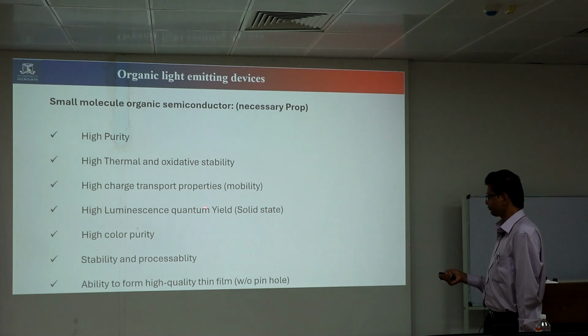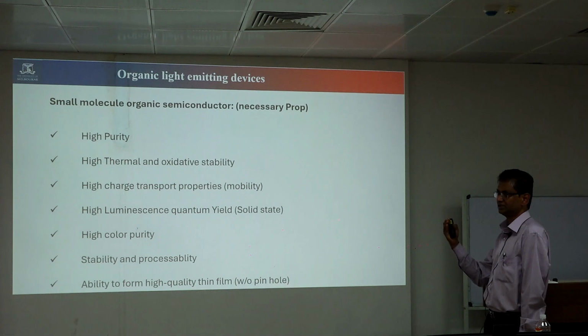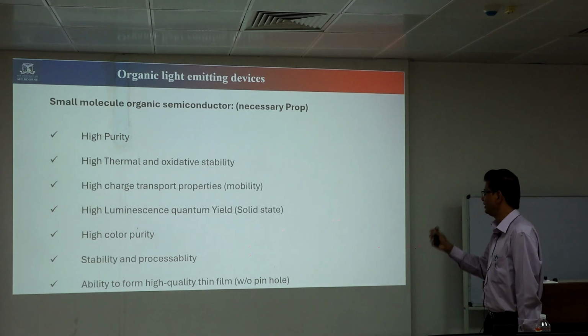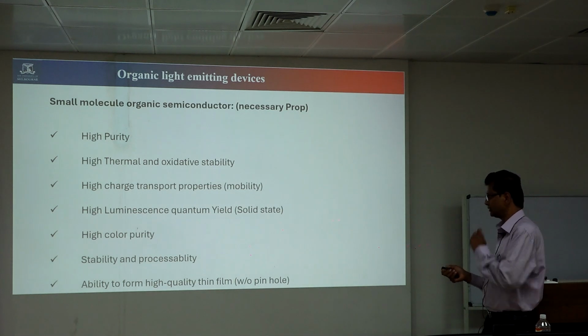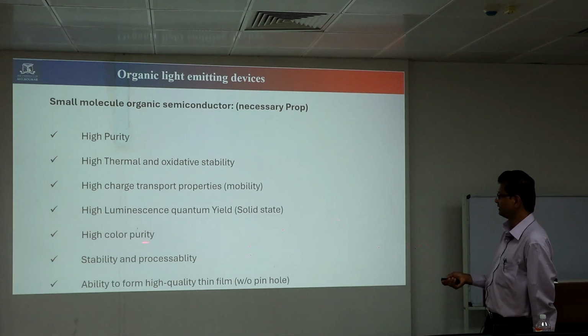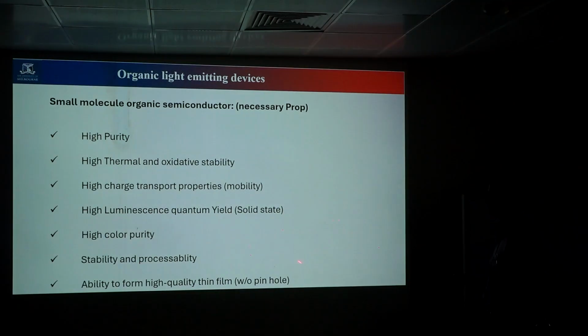And then luminescence quantum yield. The quantum yield is how much light is emitted for a given amount of injected electrons. That's the quantum yield. Then you have high color purity and stability, and it should have the ability of